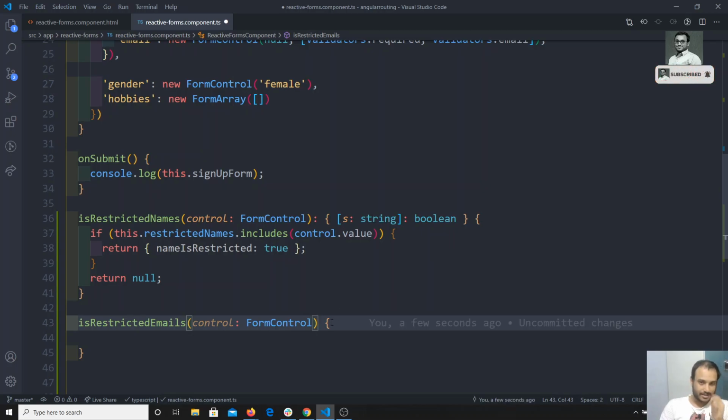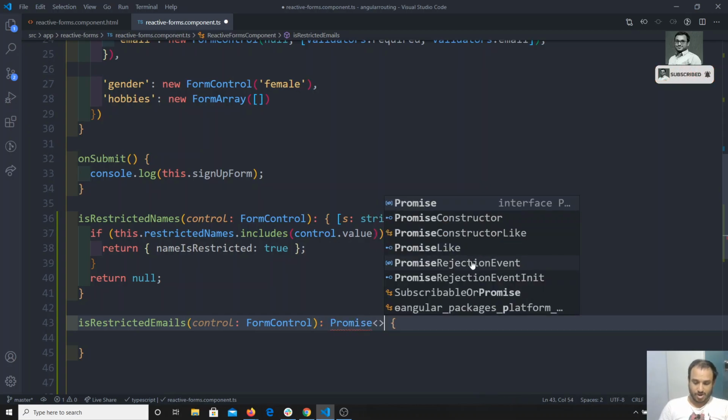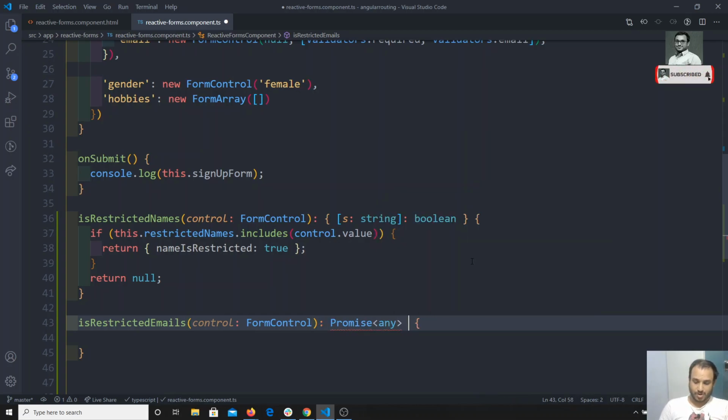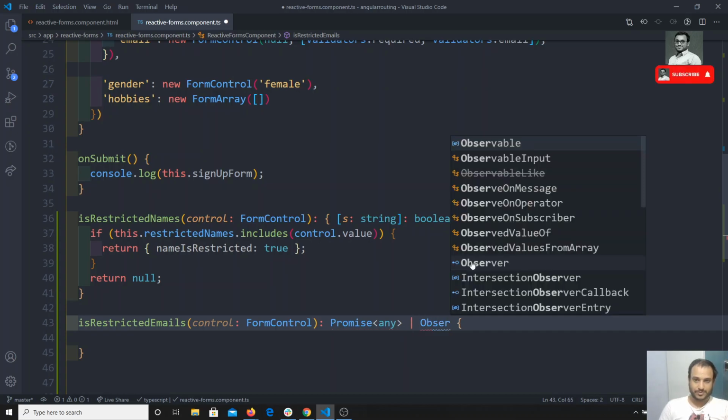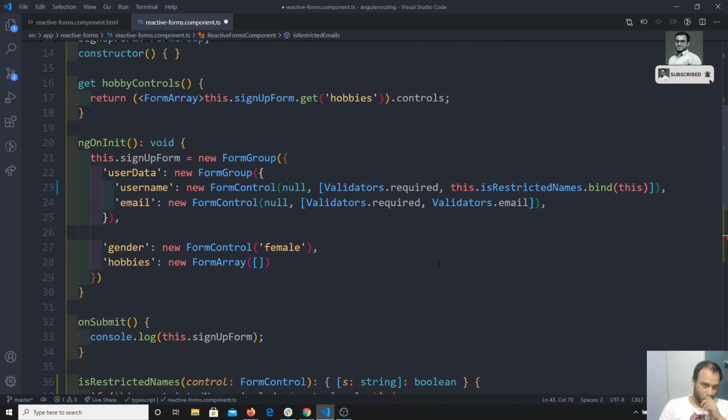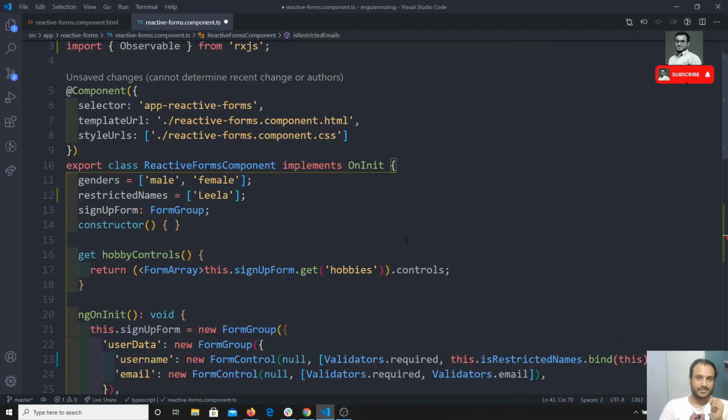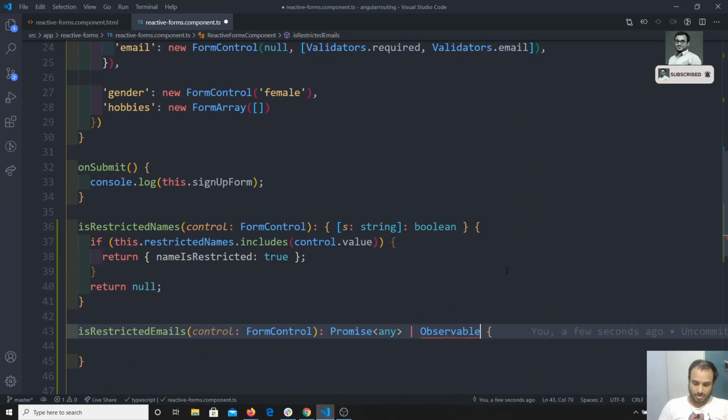We can take that as a promise. So it can be of type promise of any, or observable of any. Make sure you include it from RxJS. So it should be a promise or an observable, because we can be getting a promise or an observable. It can be anything.